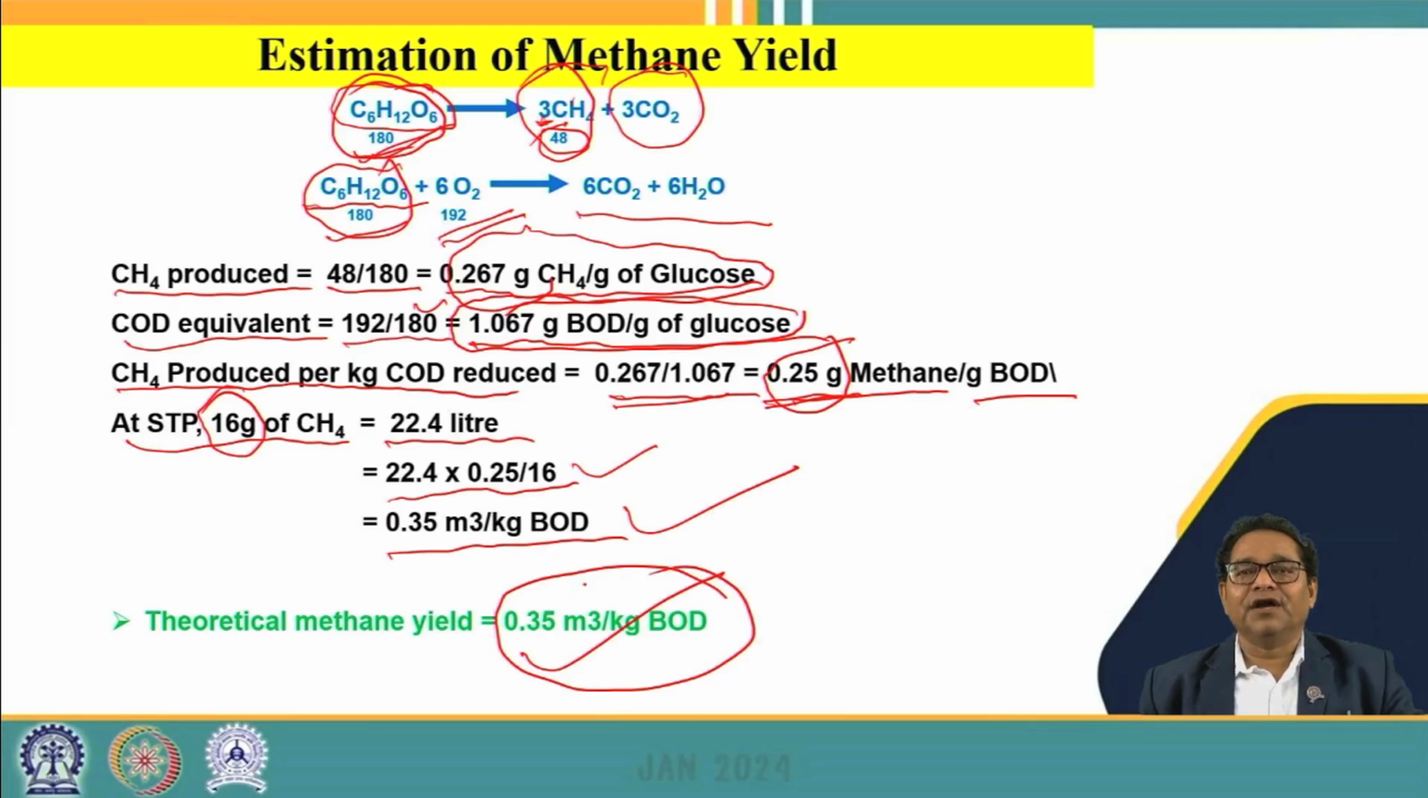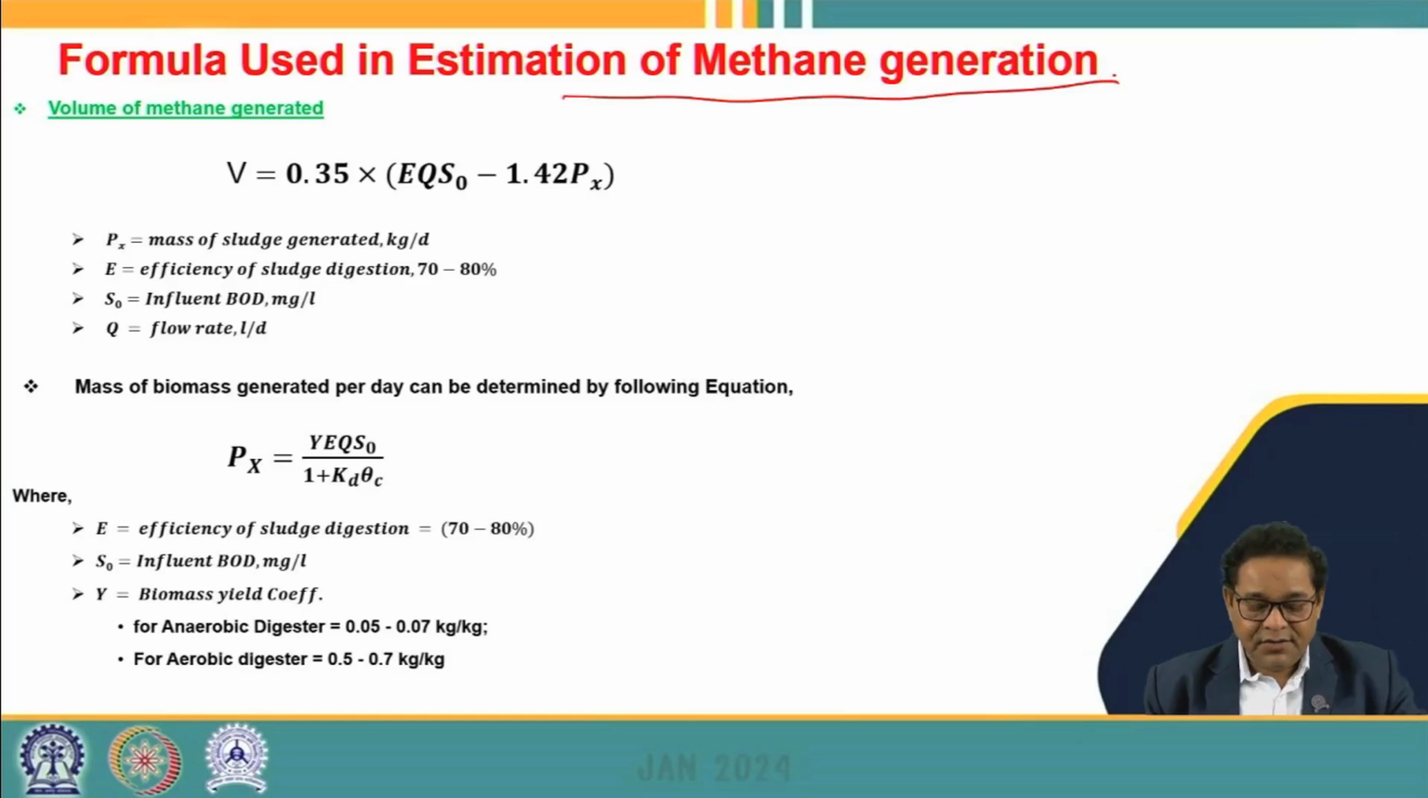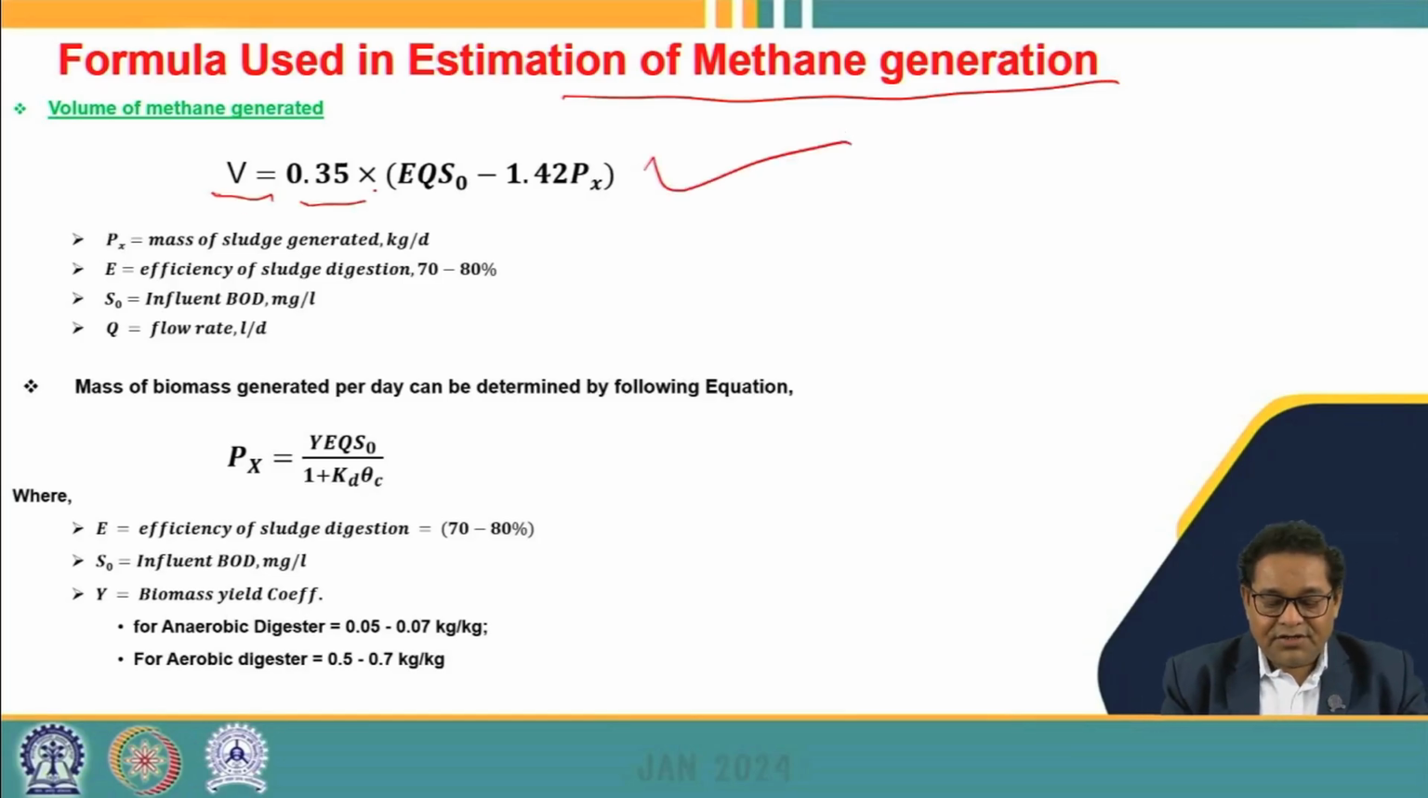And now if we have to calculate the total amount of biogas generated, we have to find the fraction of methane in the total biogas, and accordingly we can find the total amount of biogas that will be generated through the digestion process. There are also formulas for estimation of methane generation. This is the most widely used formula, where V is equal to 0.35 into EQ S0 minus 1.42 Px,